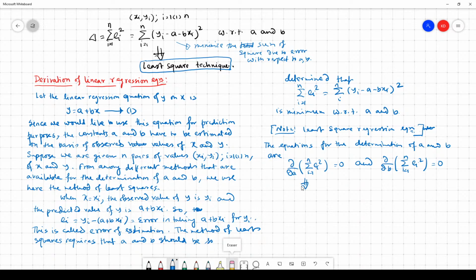And from this we get minus 2 into sum over i from 1 to n of yi minus a minus b xi. This partial derivative is like a simple derivative, but the difference is that in this case we consider b a constant. Okay, we use the same method as the ordinary derivative, but the difference is that here b is constant, and here a is constant. Equal to 0. Okay,